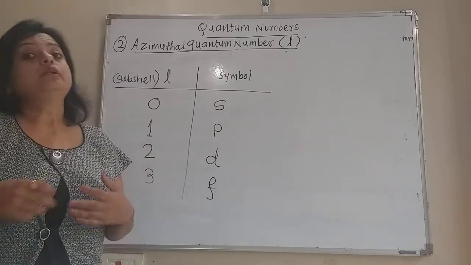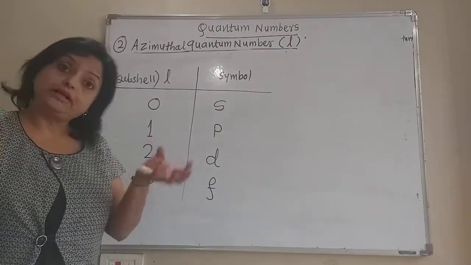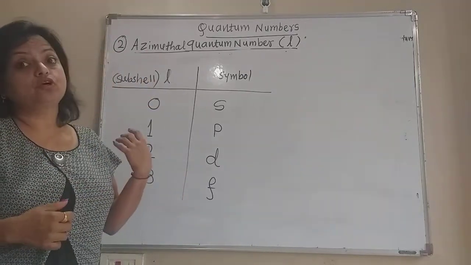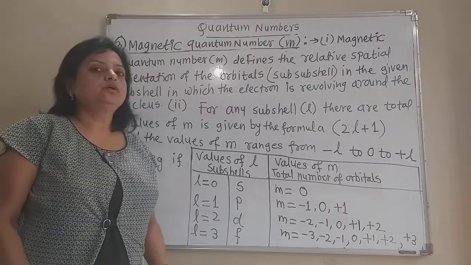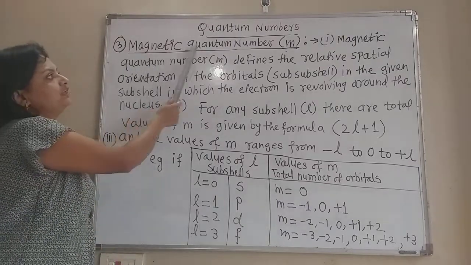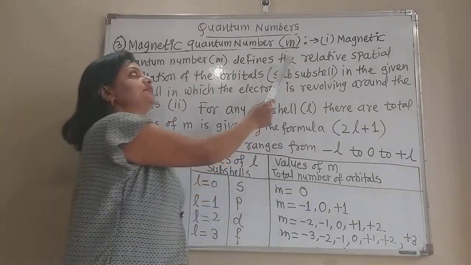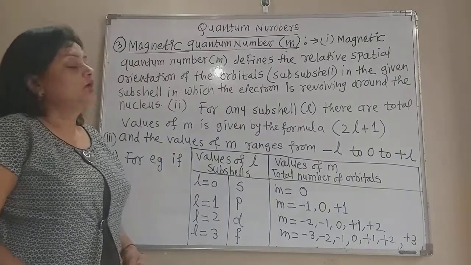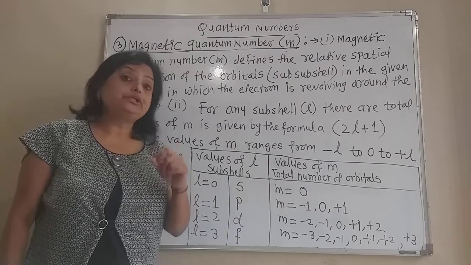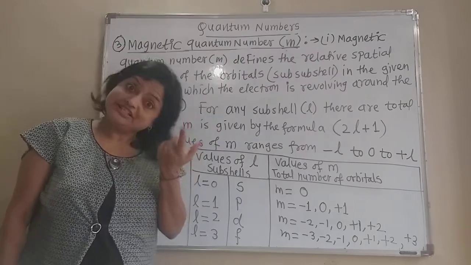We are seeing that the principal quantum number gives the main energy level of the electron. Within that main energy level, where the electron is, in which subshell, is given by the azimuthal quantum number l. Now see the third quantum number. The name of the third quantum number is the magnetic quantum number, denoted by the small letter m. What is given by this magnetic quantum number? The magnetic quantum number gives us the number of orbitals present in that subshell.